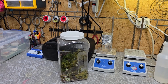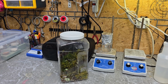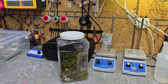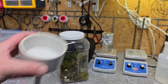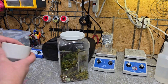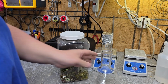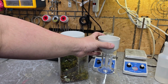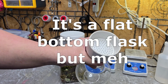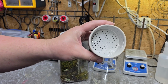That'll hopefully dislodge them from the little structures that they're living on. And then once that is done, you can hear my beakers clanking over there because I just got my Buchner funnel. I'm going to take my Buchner funnel here. I'm just going to put my Buchner funnel here in my round bottom flask, so that the Buchner funnel, all these little holes,